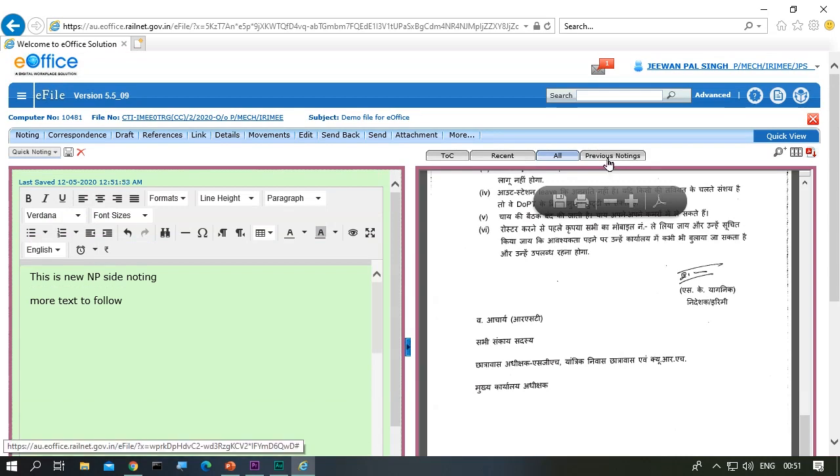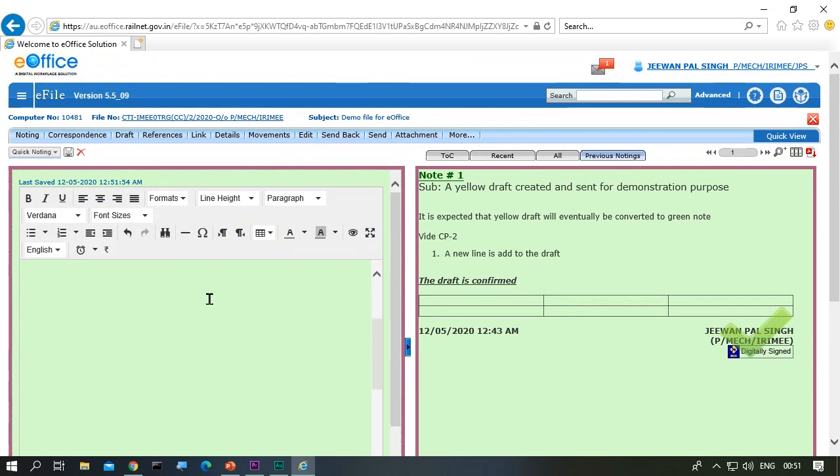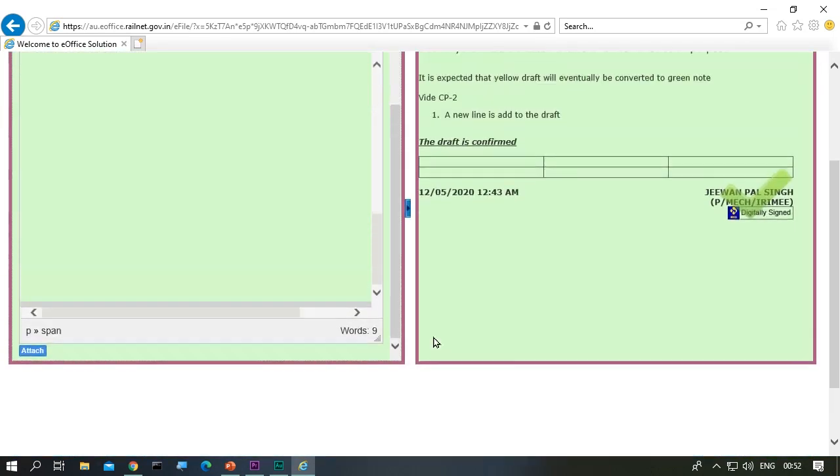Okay, we can look at the previous noting here. And now add to the noting and send it with digital signature this time.